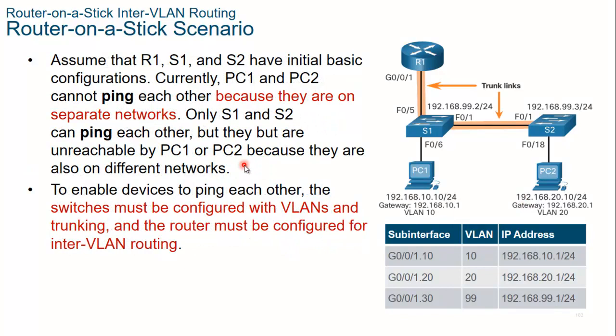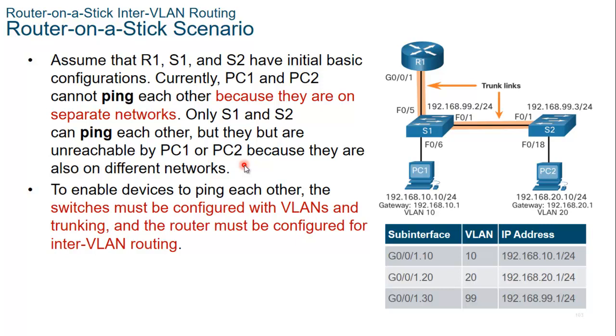Now assume that R1, S1, and S2 have initial basic configurations. So we are just going to focus on doing the inter-VLAN routing. We are not going to create VLANs anymore. We are going to assume it has been done. So currently PC1 and PC2 cannot ping each other because they are in different subnets. They are on separate networks, and when it is separate networks, separate subnets, they need a layer 3 device to